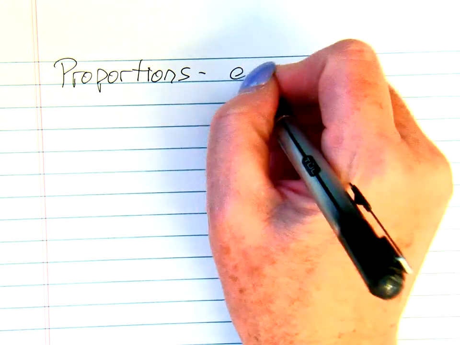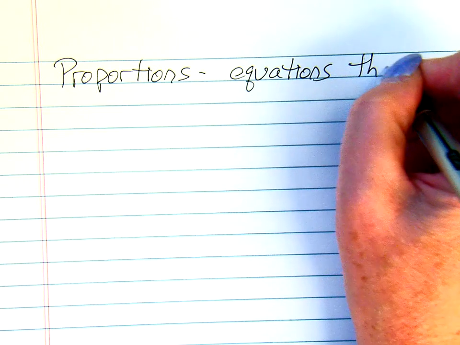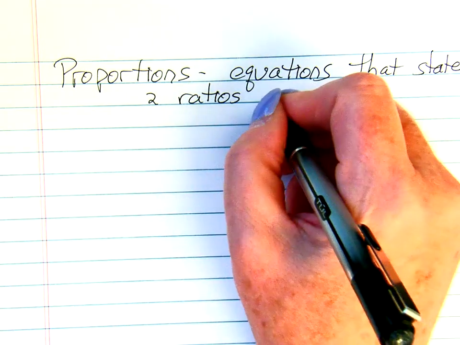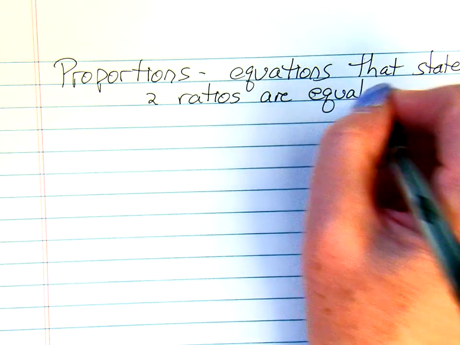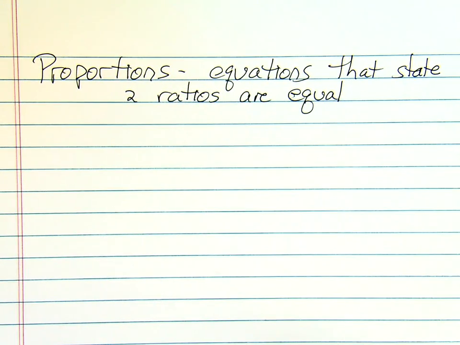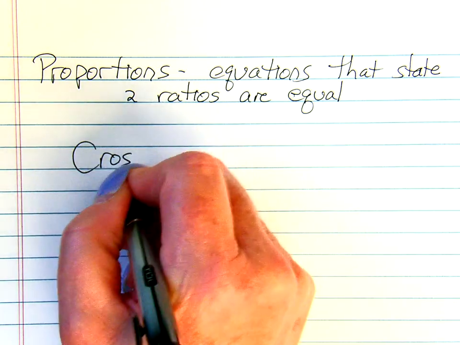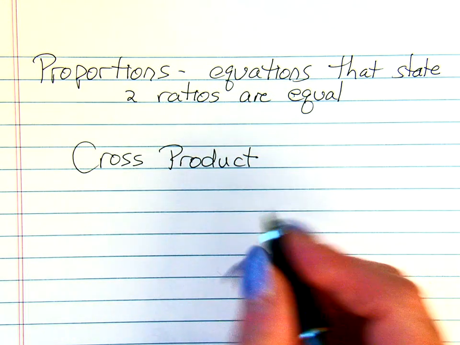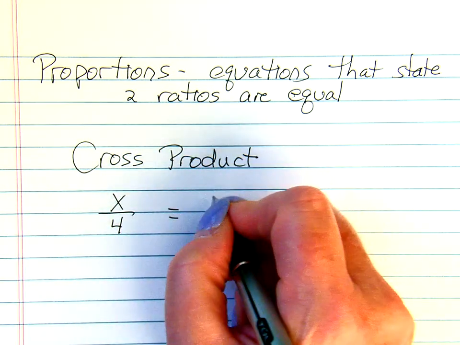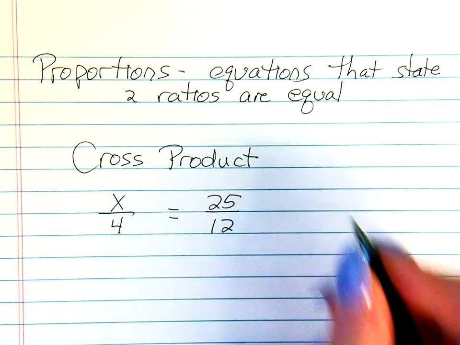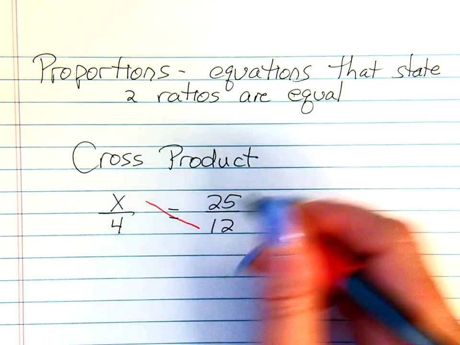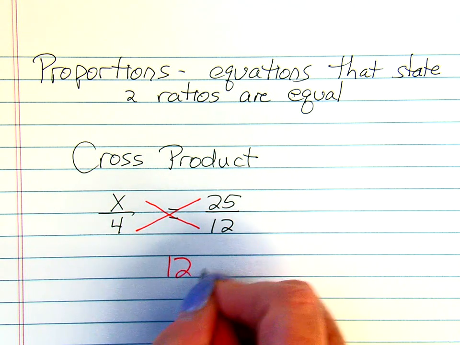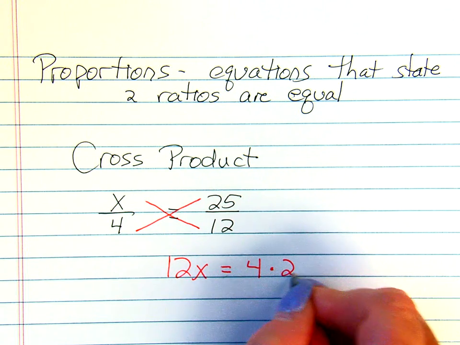And proportions are equations that state two ratios are equal. Okay. And one of the best ways for us to solve a proportion is using cross product. Again, this should not be new to you. Cross product says that if we've got x over 4 and we're saying that it is equal to 25 over 12, that if we multiply in a cross pattern, that would give us 12x is equal to 4 times 25,